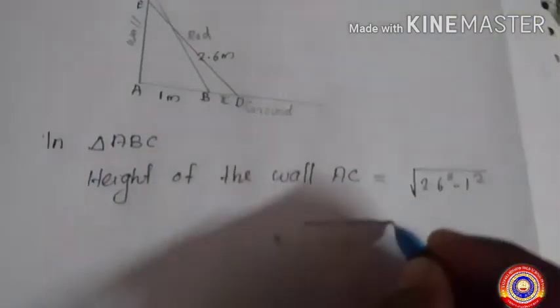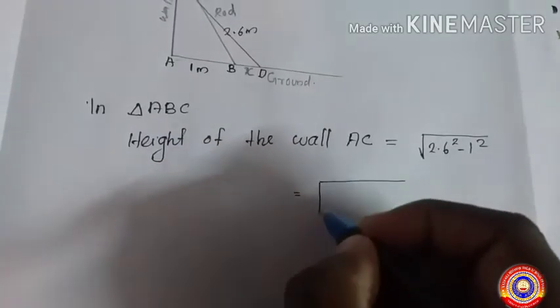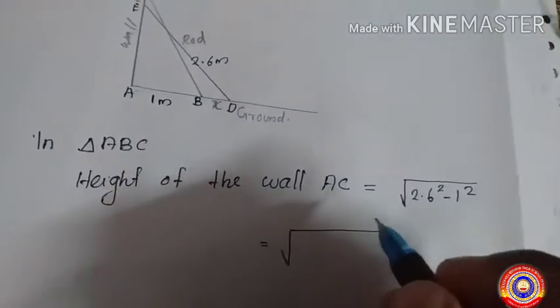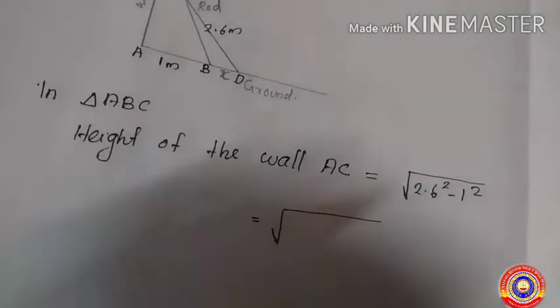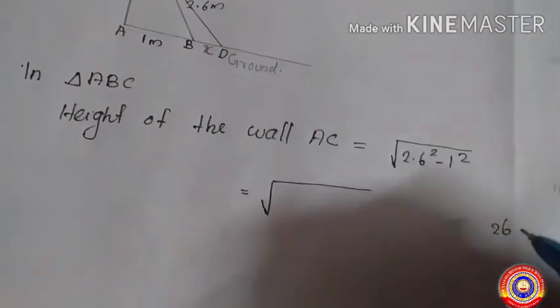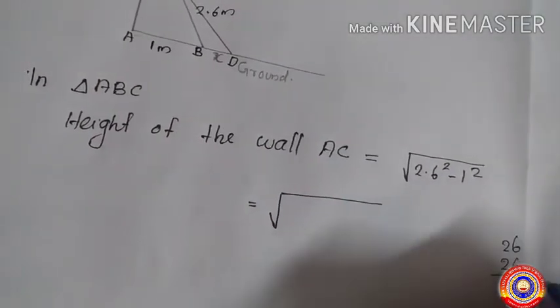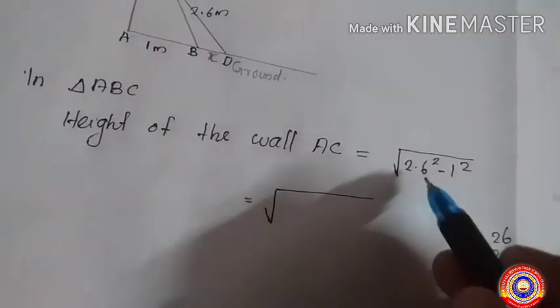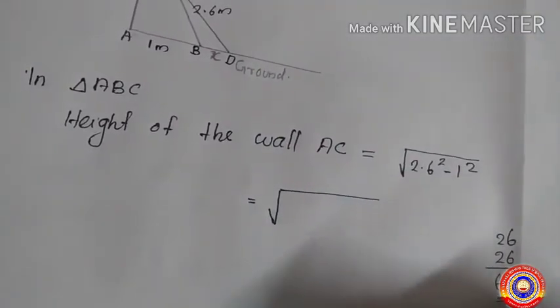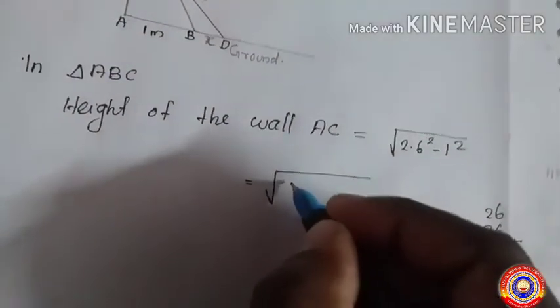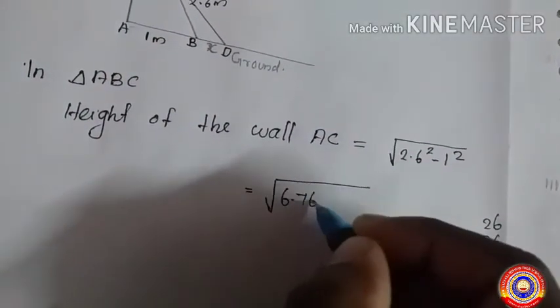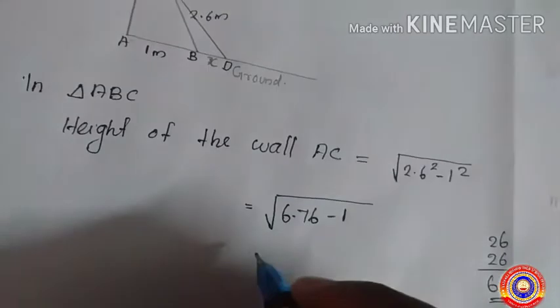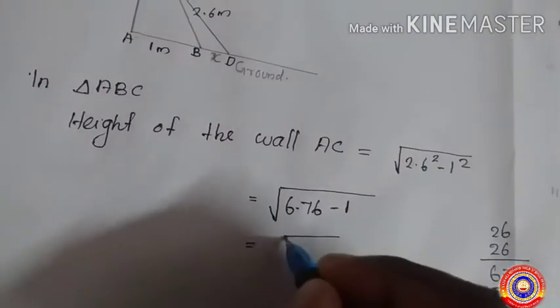26 into 26 means 676. We have to find 2.6 square, so we need to find 26 into 26. 26 into 26 is 676. We have to put the decimal after 2 places. So 6.76 minus 1 equals root of